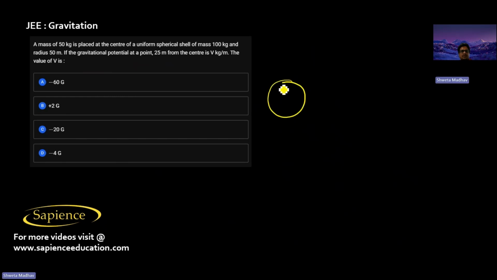Is a uniform spherical shell. The shell has mass capital M, which is 100 kg. They can call it 2m. And a mass of 50 kg, small m, is placed at the center of this uniform spherical shell. If the gravitational potential at a point, the shell having radius r, that is 50 meter, the gravitational potential at a point 25 meter from the center is b G per meter. The value of b is